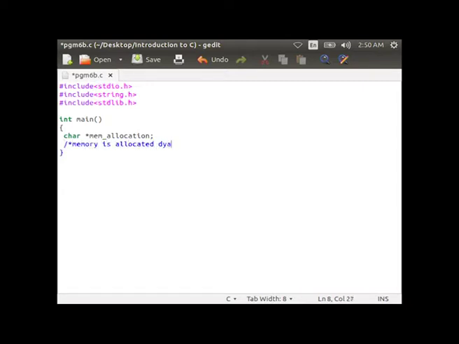Then mem_allocation = calloc(20, sizeof(char)), then close the parenthesis.